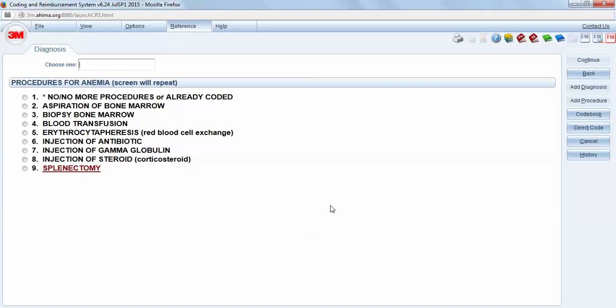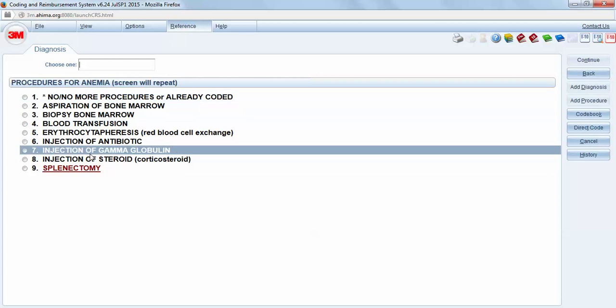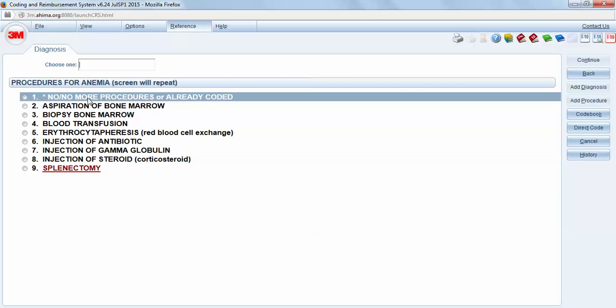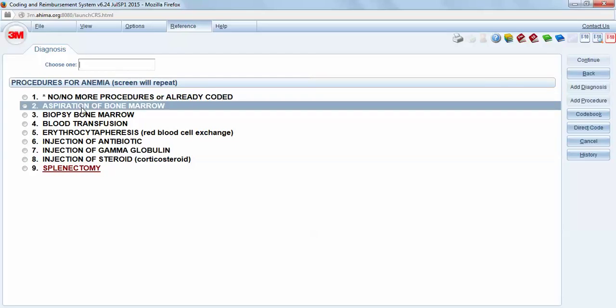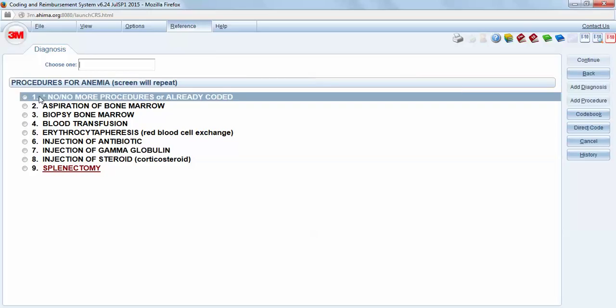Do we have any other procedures? Is there a bone marrow aspiration or biopsy? Did we do a blood transfusion? Did we inject any steroids? Did we do a splenectomy? We didn't, right? So we're going to say no or no more. Remember, again, just because it's giving us this chance to select one of these doesn't mean we have to. If we did, however, note the screen would repeat until we come to a point where we would click number